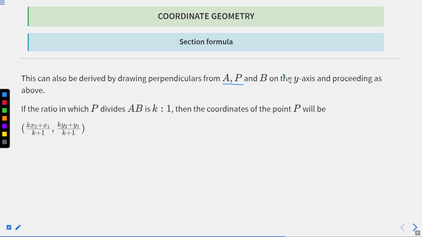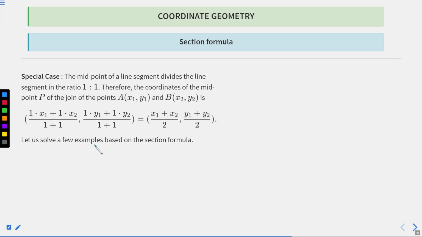and proceeding as above. Okay, so if the ratio in which P divides AB is k:1, then the coordinates of the point P will be ((k times x2 plus x1) divided by (k plus 1), (k times y2 plus y1) divided by (k plus 1)). Okay, so special case, the midpoint of a line segment divides the line segment in the